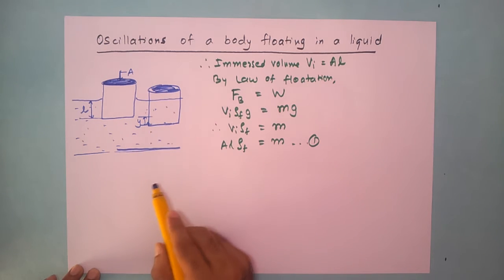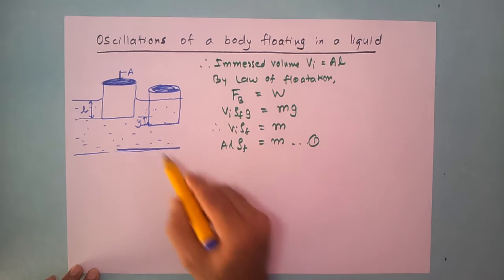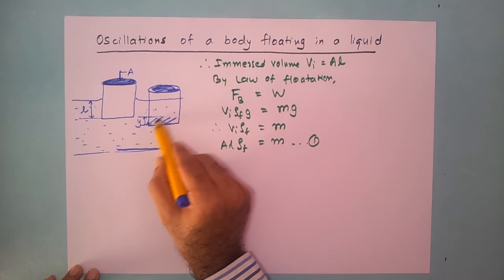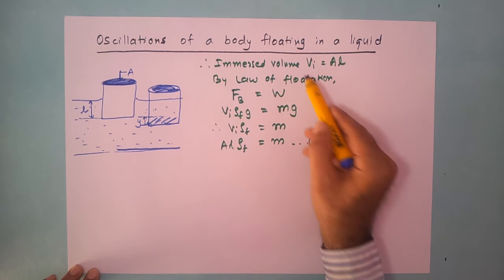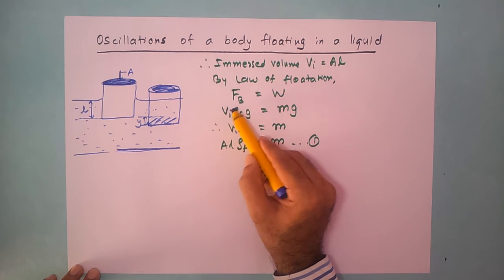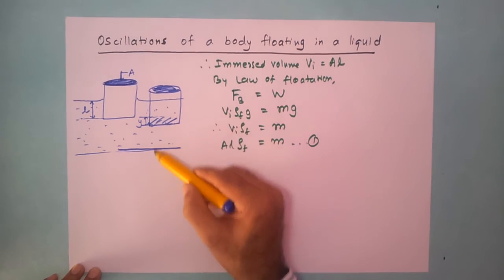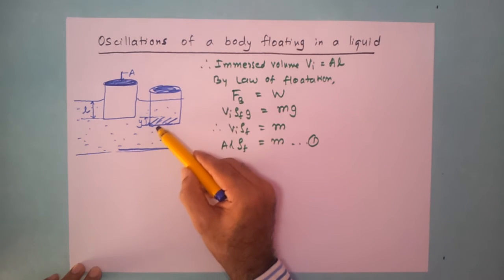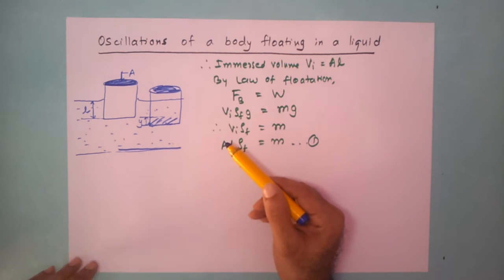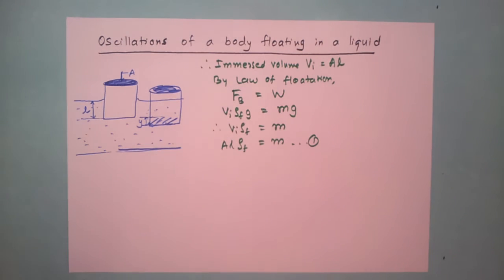This restoring force which comes into play, I'm sure you have guessed, is because of the upthrust, the extra upthrust which comes into play because of this volume, because we have increased the immersed volume, and upthrust depends upon the immersed volume. So when I increase the immersed volume, the upthrust increases, and that upthrust tries to push it back, and that upthrust is basically the restoring force. So what is the value of this restoring force, which is essentially upthrust?